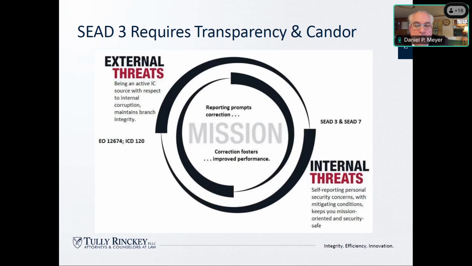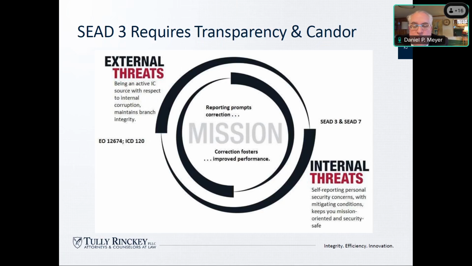The other side is the internal threats, people who have problems in the workplace, not whistleblowers. They're legitimate as long as they go through the right process, but they could have other problems. They could be envious of their boss. They could be disgruntled for any number of reasons. They could have family problems at home. They may have a child that's just turned out to be evil and bad. They may have a problem with their spouse. For a variety of reasons, they get unsettled in the workplace and they become internal threats.